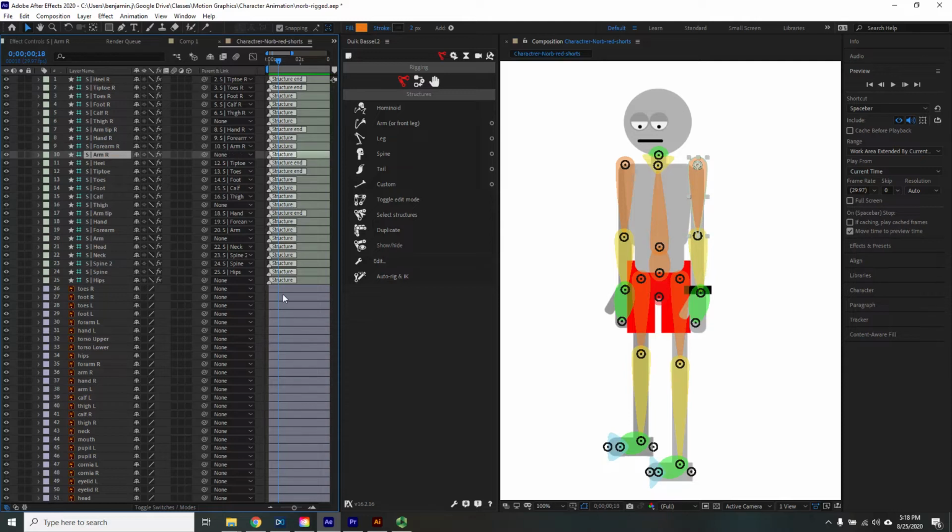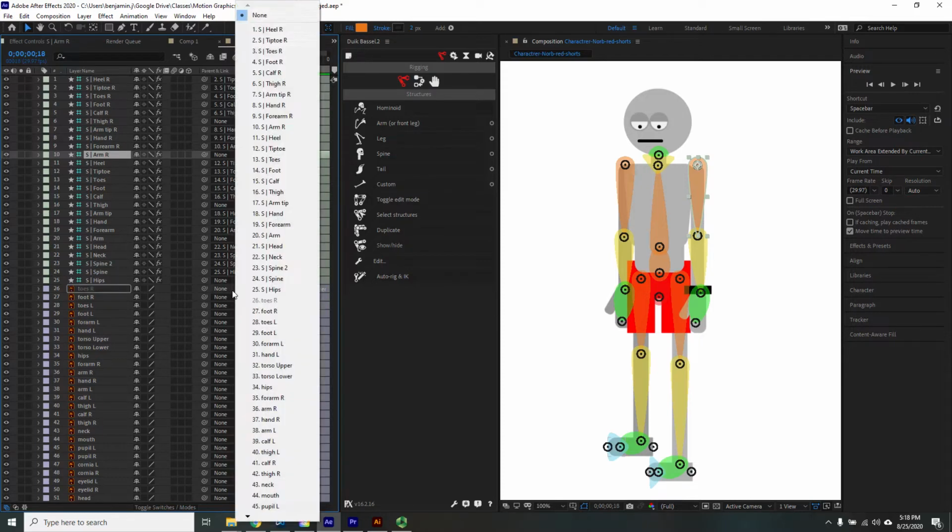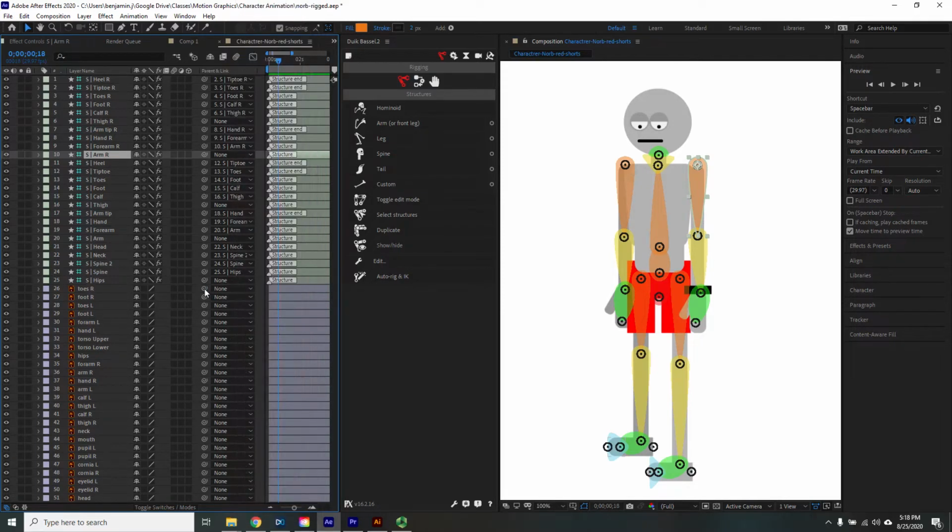All right, cool. So now we're going to have to parent all these manually. And that's still a little bit of a challenge, but it's just a little tedious. So here I'm just going to go to toes right, and if you want, you can click like a typical parent and find it here, or you've got this little slingshot or whip. And so I'm going to go toes right, and I can just go right up here to toes right. That's why, again, the naming is really important. So foot right,